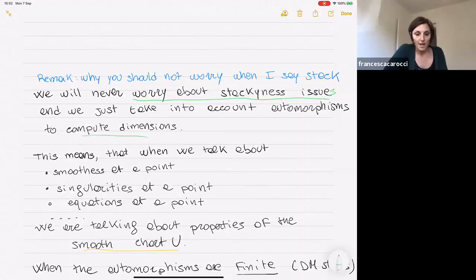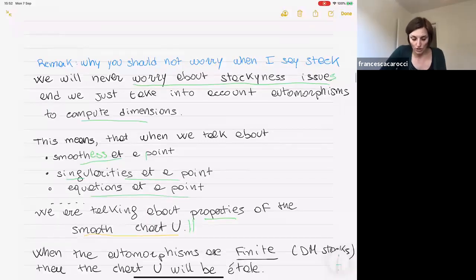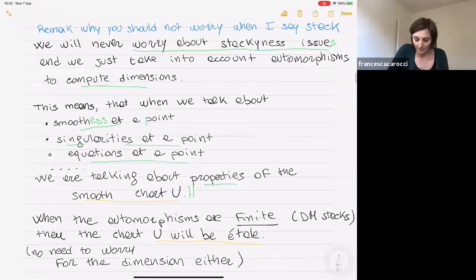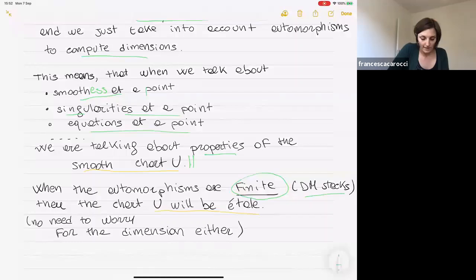This means that every time that we talk about smoothness at a point, singularity at a point, or equation at a point, what we are talking about are properties of this smooth chart U. So actually, when the automorphisms are finite, which means we are dealing with a Deligne-Mumford stack, but we won't care about the name either, in this case, this chart U can be chosen to be étale,